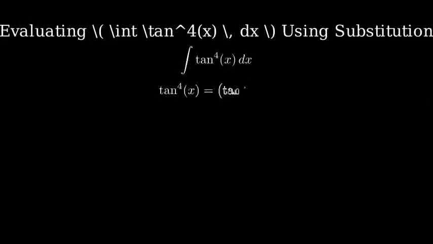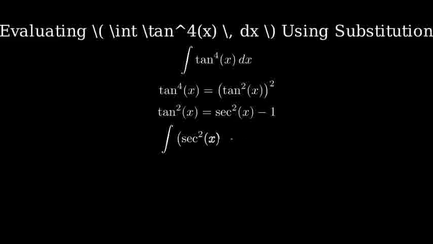We can express it as tangent squared, squared. The next thing to note is the trigonometric identity for tangent squared. Tangent squared x can be rewritten using the Pythagorean identity as secant squared x minus 1. Now, substitute the trigonometric identity back into our integral expression, as this identity simplifies our expression to (secant squared minus